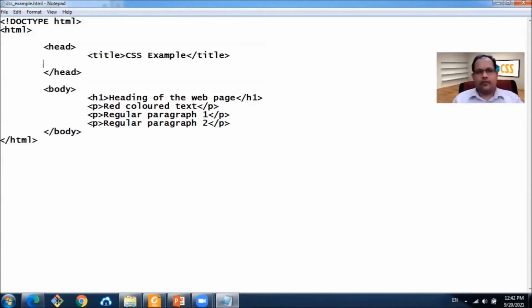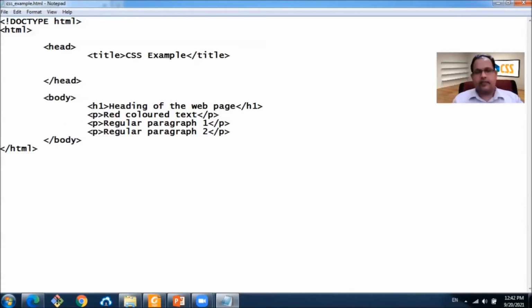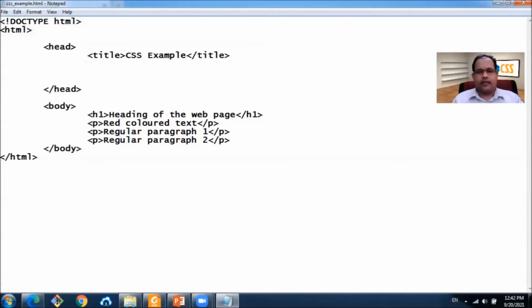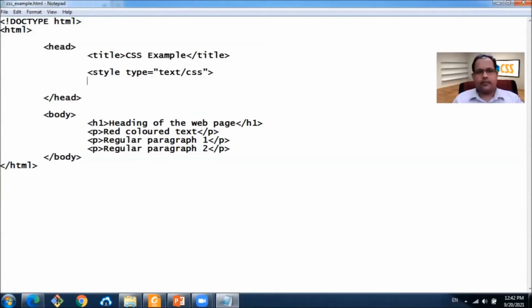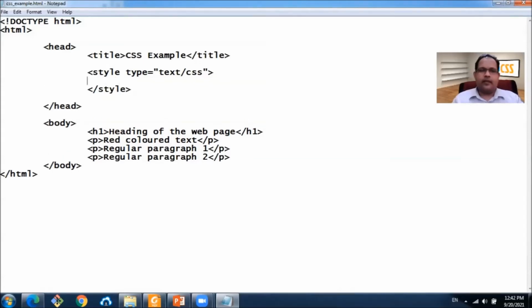In order to apply an internal style, we should modify this head tag and create a style tag inside and specify the type as text/css. Right. As you can see, this style tag also has an opening and a closing tag.